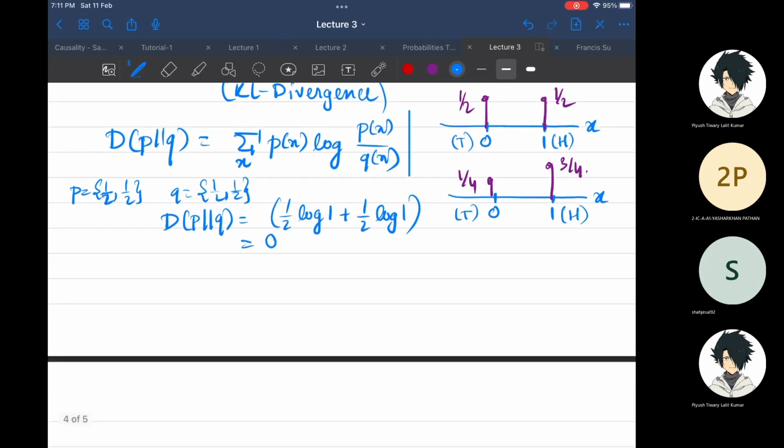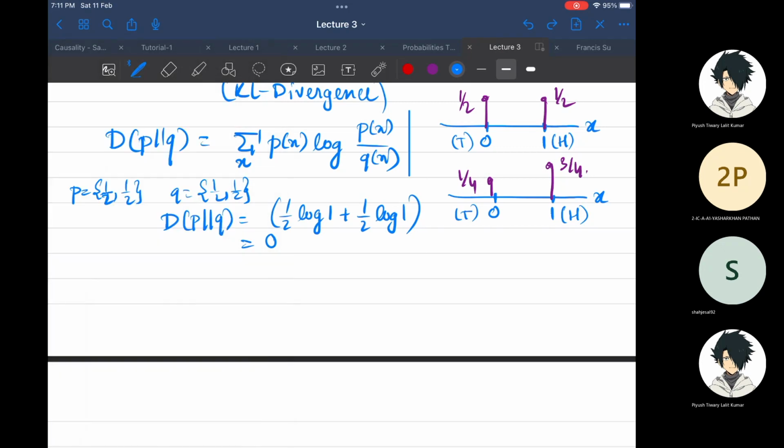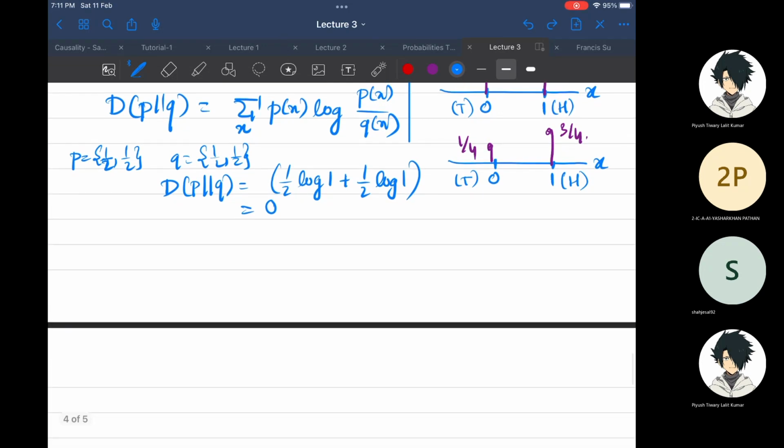So this is telling you that P and Q are very close. Right now let me call it distance, but there is an asterisk there, but let me call it distance. So P and Q are basically very close to each other is what this is saying. It is actually the same in this case. However, now let us take some other example.